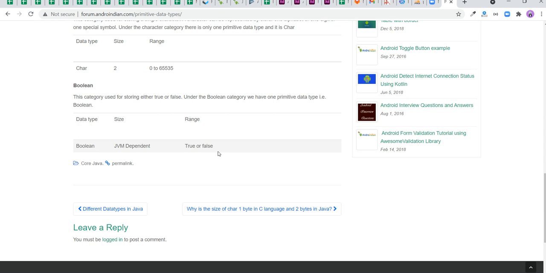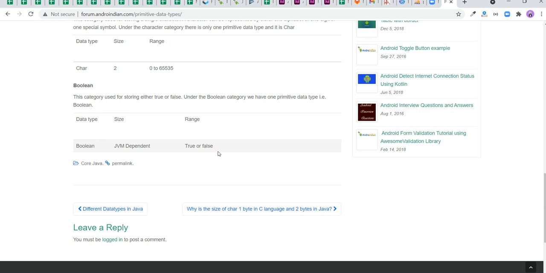This is about data types. Simply, let me recap. In Java, a data type is about the data we store in memory, and different data we store in memory has different data types: primitive, derived, and user-defined.